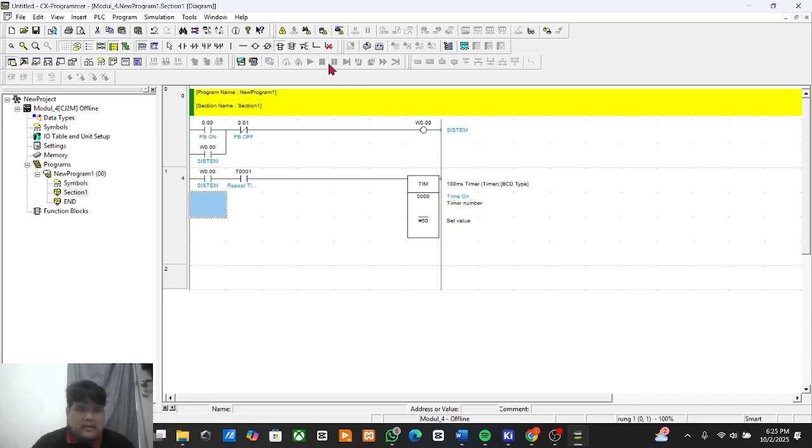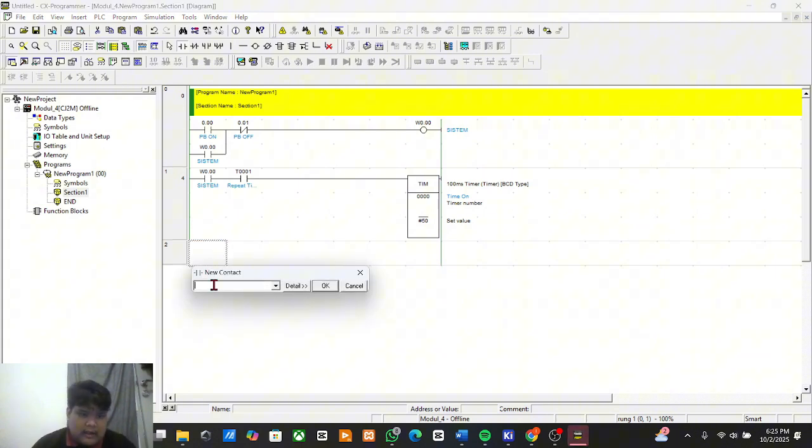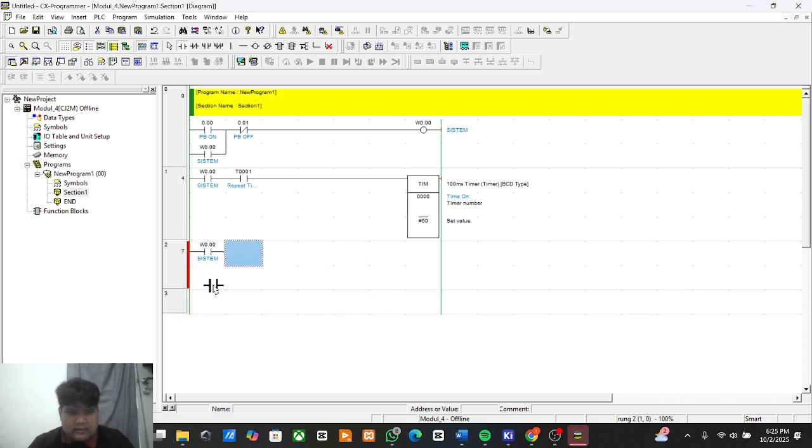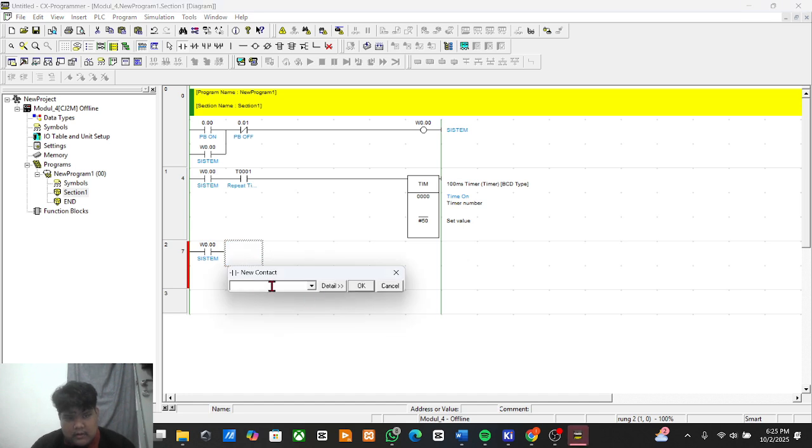The second circuit has been made, and then for the third we add a push button again, a new contact. This is for the system again. Then we add a new contact for the repeat push button.